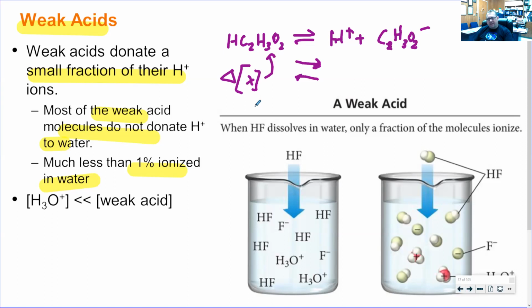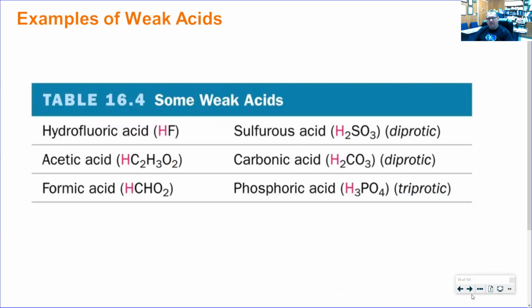So if I look at the example with HF, if I put hydrofluoric acid in water, some of the HF molecules exist intact. In fact, most of the molecules are still there. There's only a few that do dissociate into the fluoride ion and the hydronium ion. But if I look at the balance here, most of them stay together. That's an example of a weak electrolyte or a weak acid.